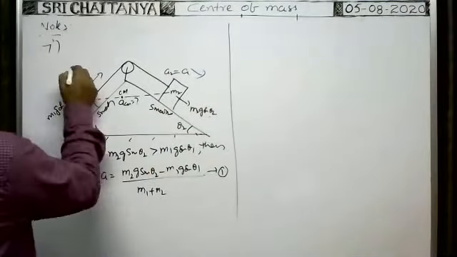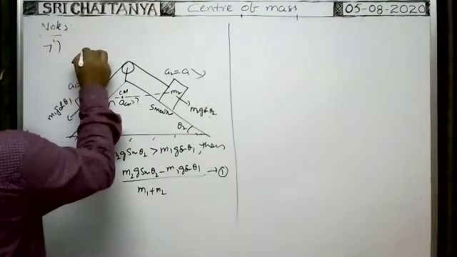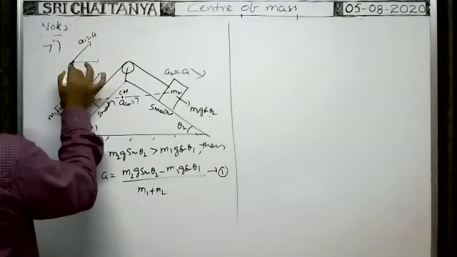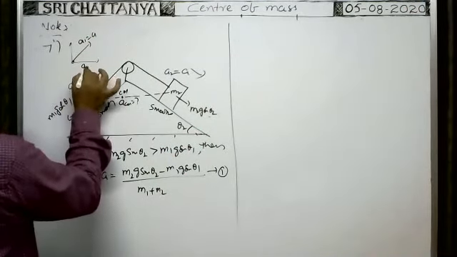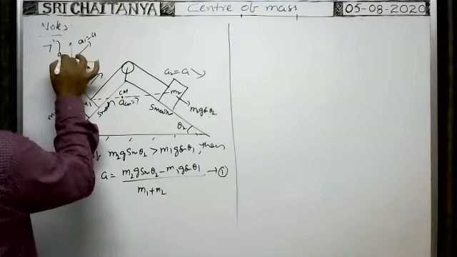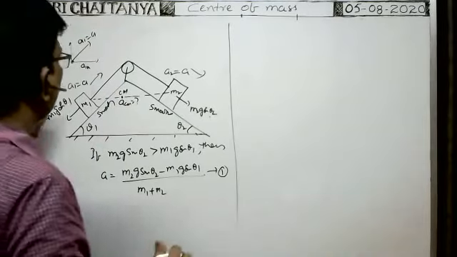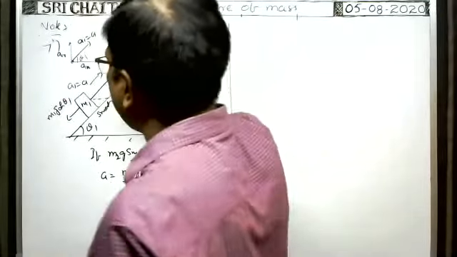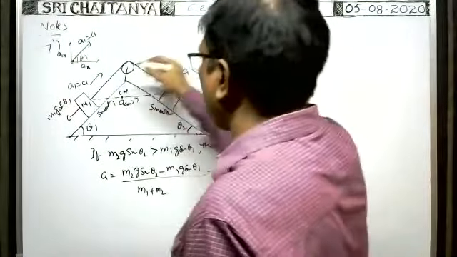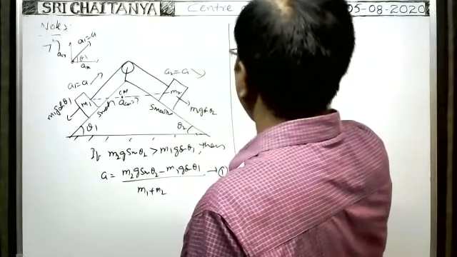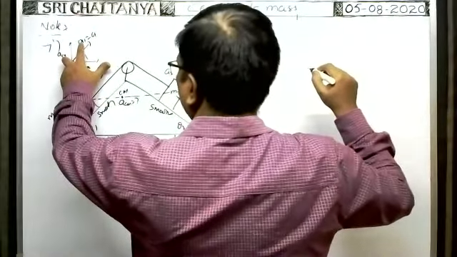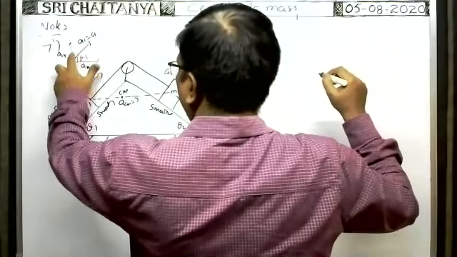Here you see, the acceleration of this first block is A1. A1 is equal to A, that is along this direction. You resolve it into two components: X component of acceleration and Y component of acceleration, like this. Okay, you write this in vector form. Here it is theta 1. Then what is the acceleration of the first block? Acceleration of the first block A1 bar is equal to A1x. A1 means this one. X component means A cos theta 1, no?